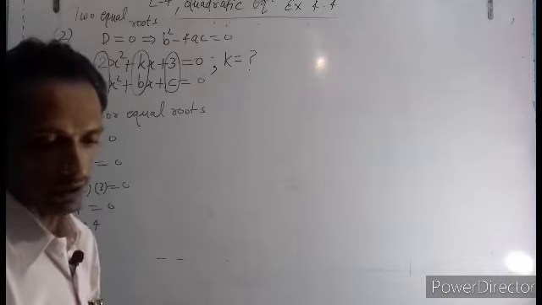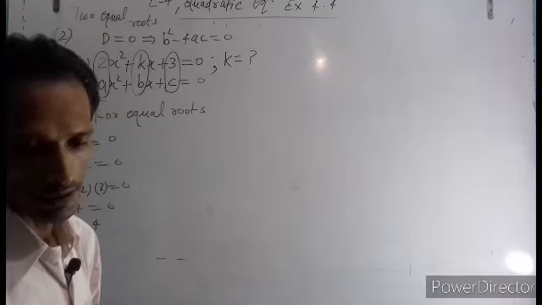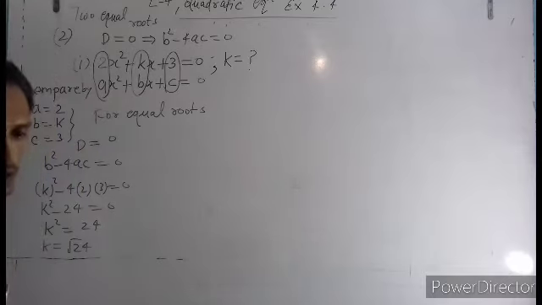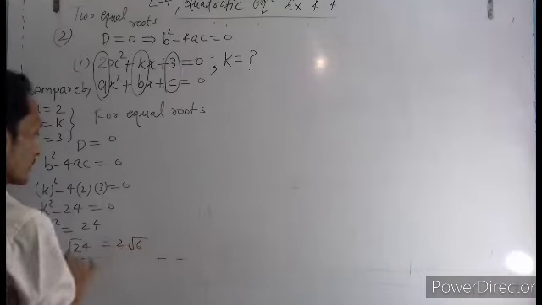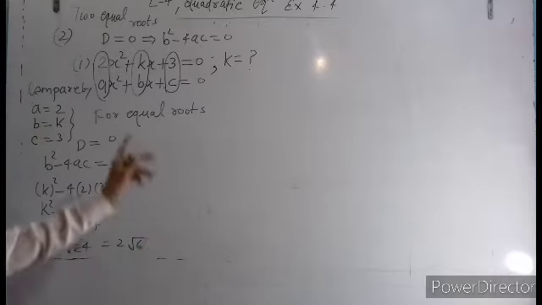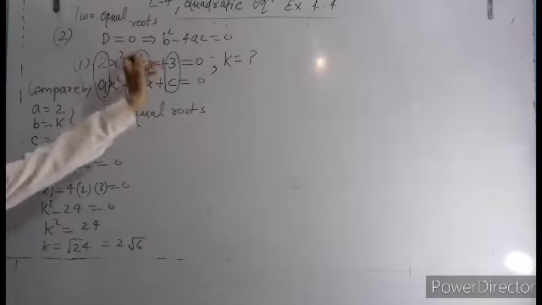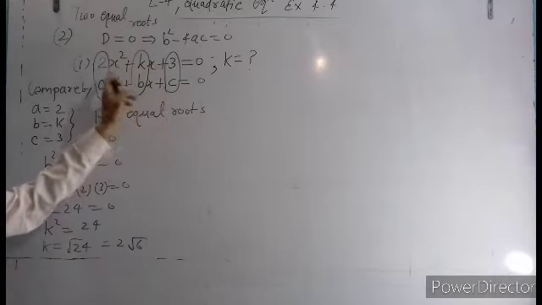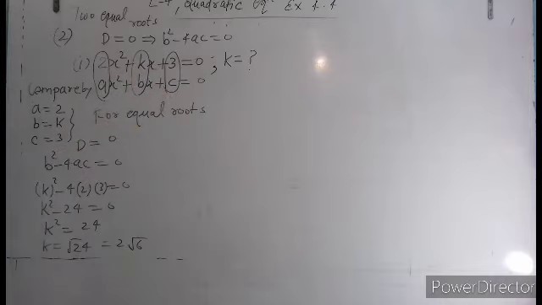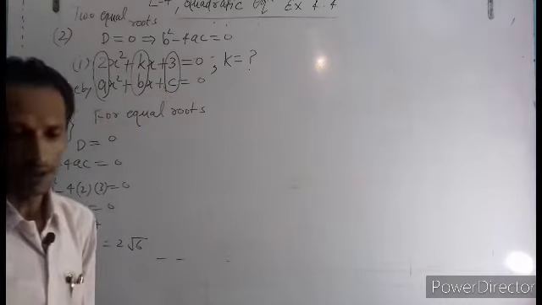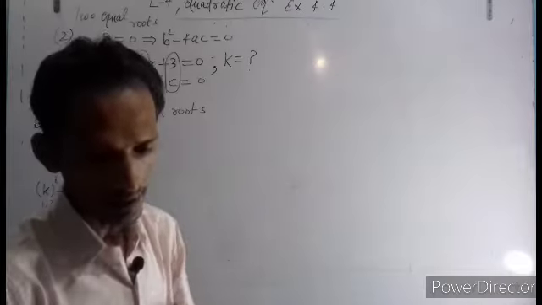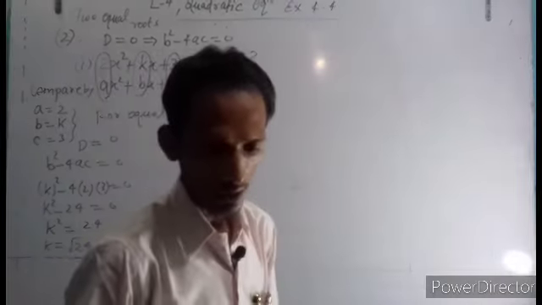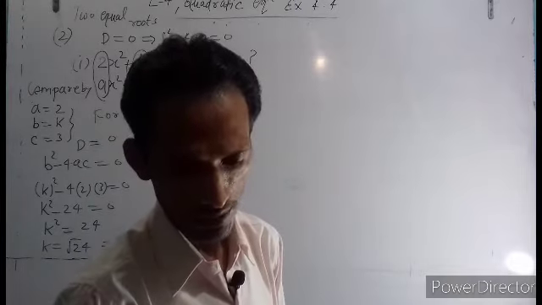So in this way we can find the value of k equal to under root 24, or you can simplify by factorization, 2 root 6. Okay, so what the value of k? Find the value of k so that the roots are real for the quadratic equation, this one. Similarly you can do the second part. Now come to the third question. Is it possible to design a rectangular mango grove whose length is twice its breadth?